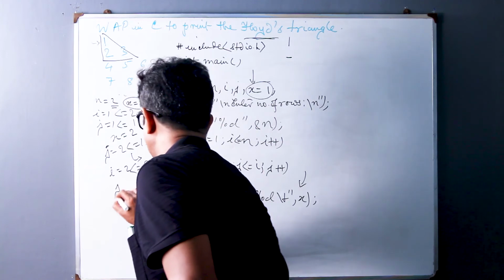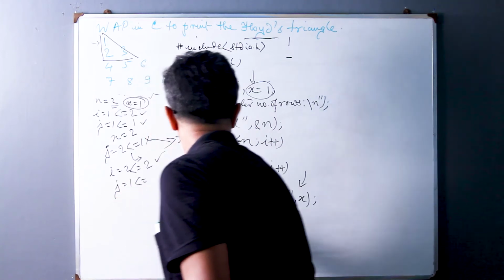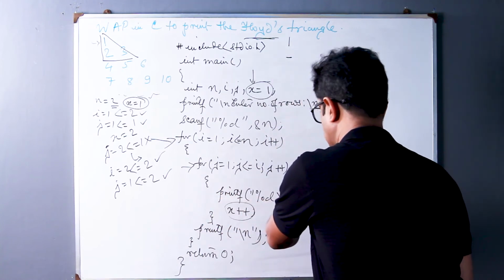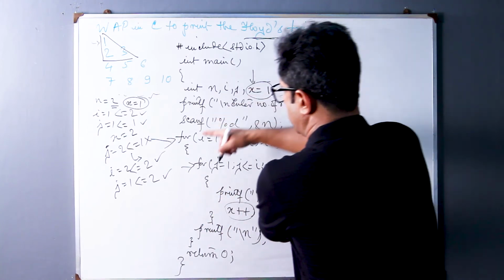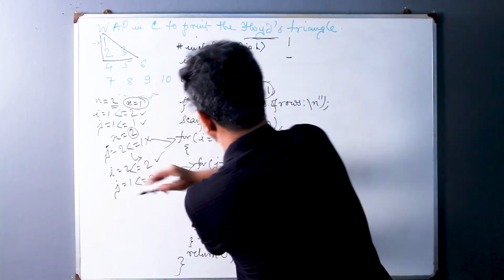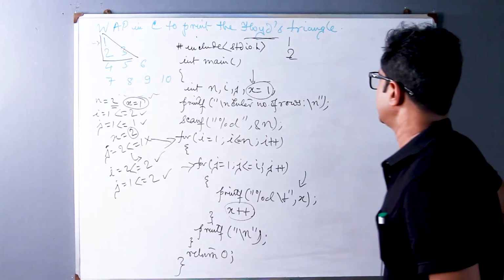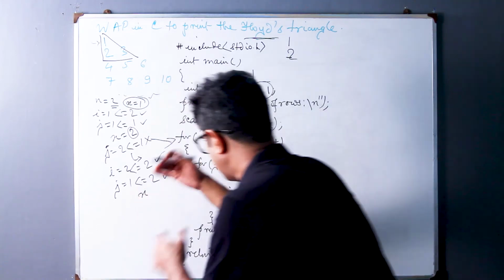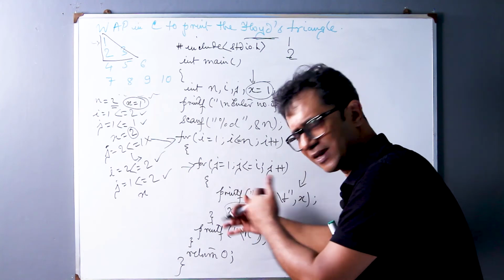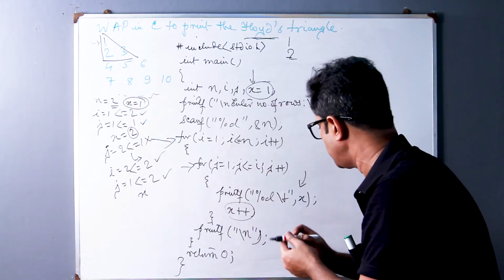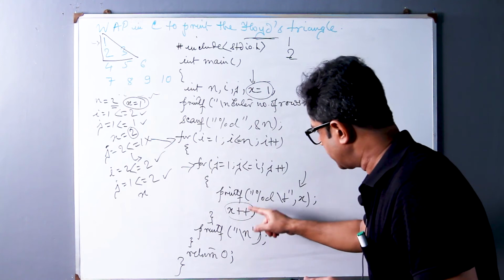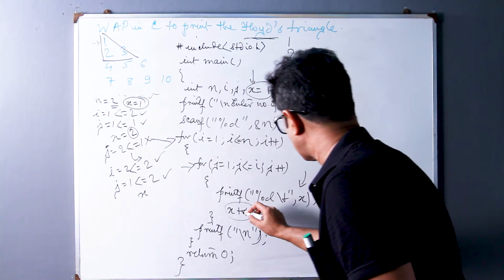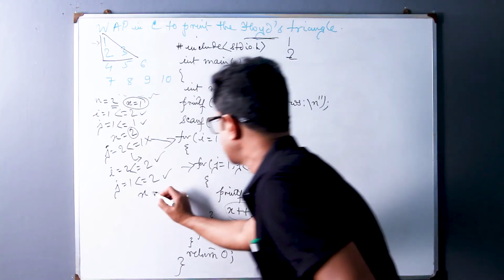So we again enter the outer loop and then we come to see whether we can enter the inner loop. See, j is equal to 1 once again, less than or equal to i, which is 2, perfect, and we come to print this x once again, and the x value now in our hand is 2. So 2 is going to be printed in the next line, and then x will again be incremented. So after each execution of the inner loop, that is the j loop, x is always incremented by unity by this x plus plus line. So this x plus plus increments x by 1. So x now becomes